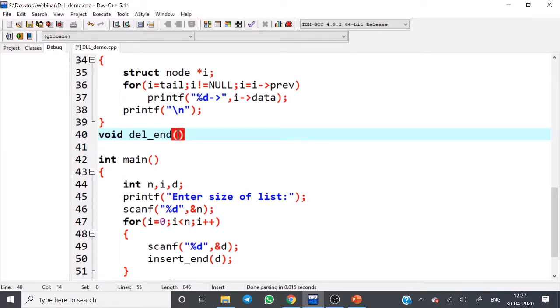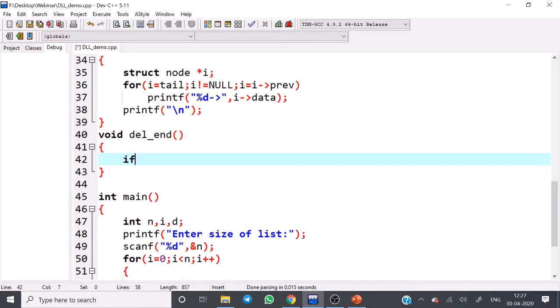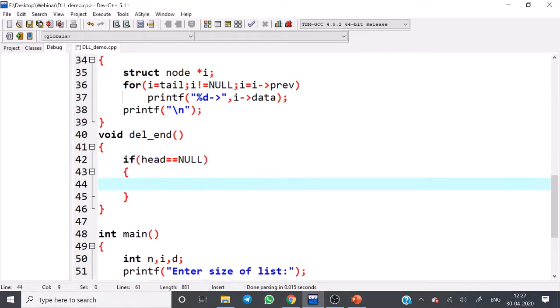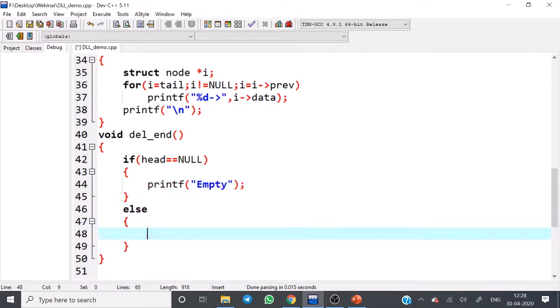Just check if head equal to null, then just print empty. Otherwise, for deallocating memory, just use a temporary node.